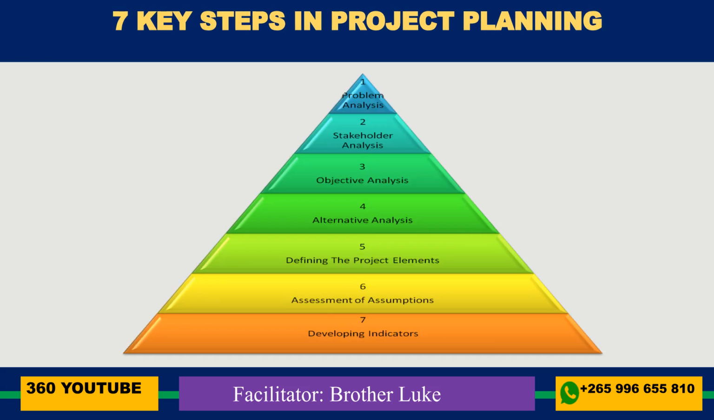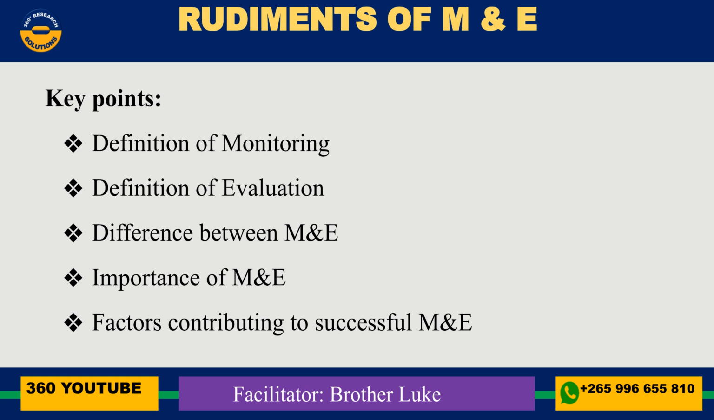The 7 key steps in project planning are problem analysis, stakeholder analysis, objective analysis, alternative analysis, defining the project elements, assessment of assumptions, and developing indicators. Now let's discuss the rudiments of M&E, covering the definitions of monitoring and evaluation, their differences, importance, and factors for